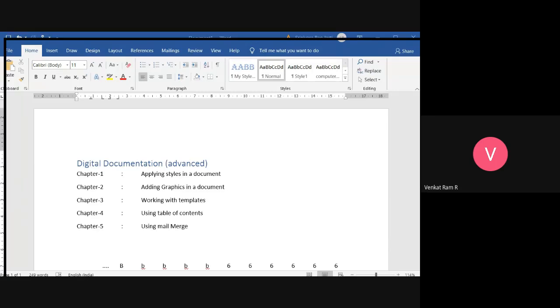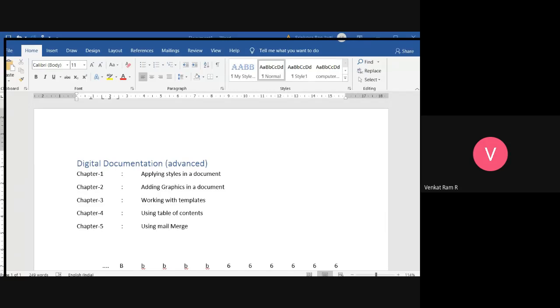So our next topic is using table of contents. What is this table of contents, and when do we use it? Chaitanya, can you answer me?